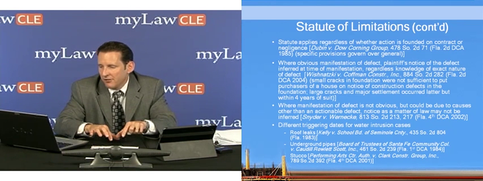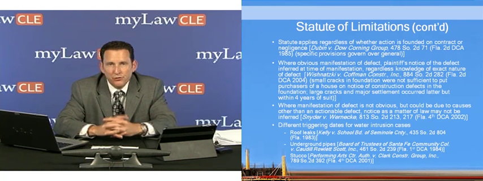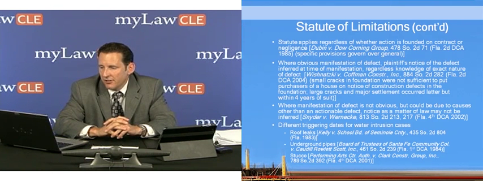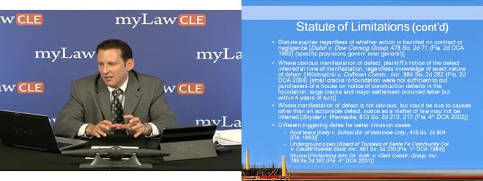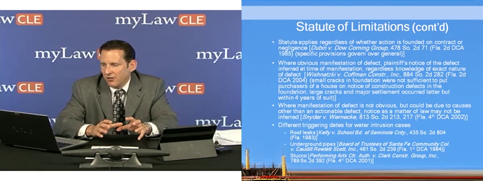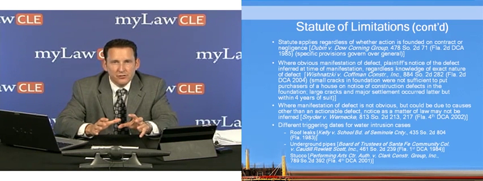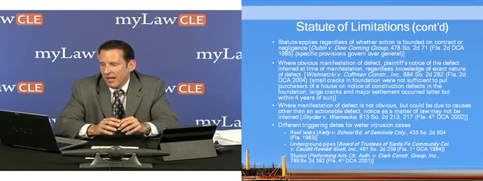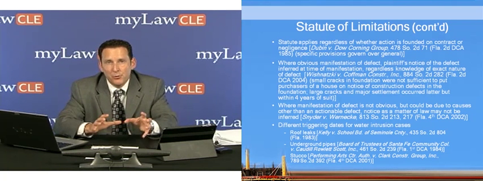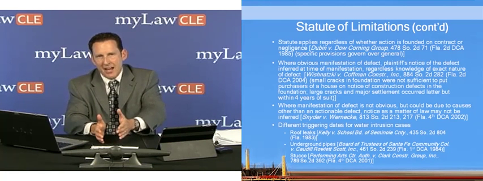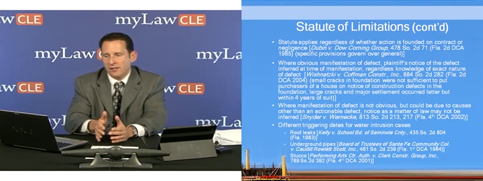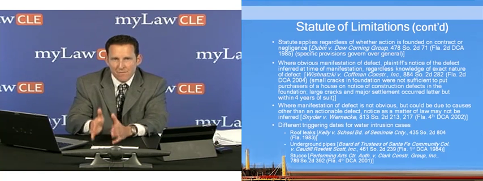And here it's very interesting because in that case, small cracks in the foundation were not sufficient to put the purchasers of a house on notice of construction defects in the foundation. Apparently there were small cracks, and the court said, even though you knew there was a defect, there wasn't a manifestation that there was foundation defects. And later, large cracks started to appear in the foundation, settlement occurred, and when that happened, the court said that's when the 4-year period started to run, and the plaintiffs in that case brought their claim within that 4-year window,